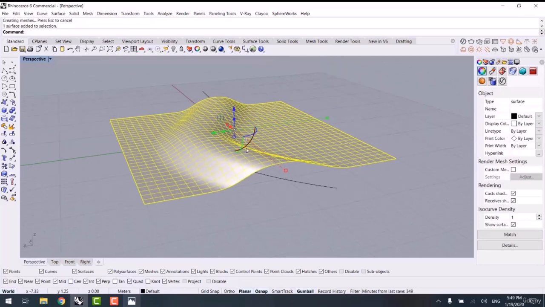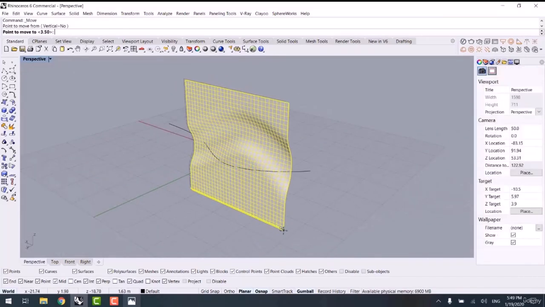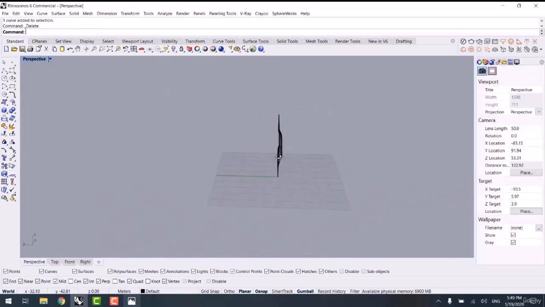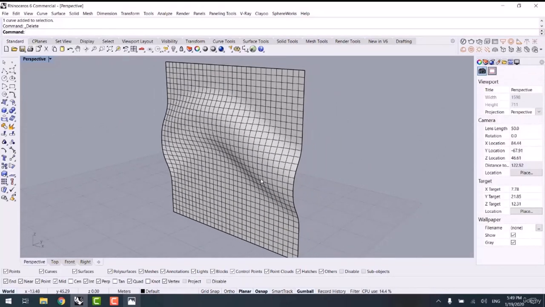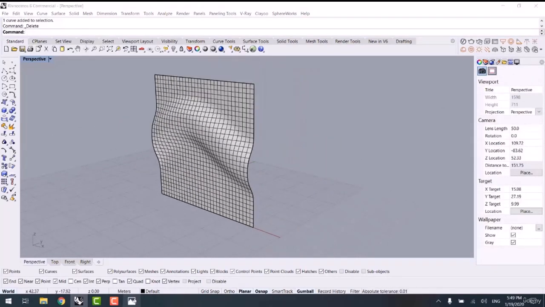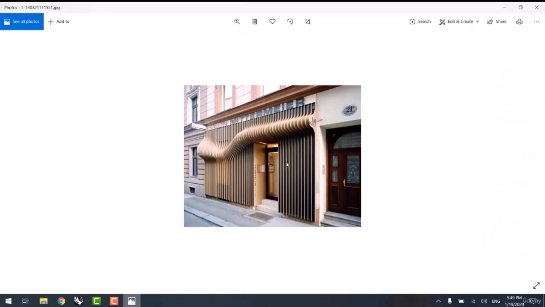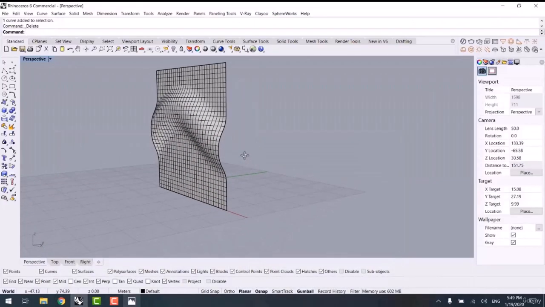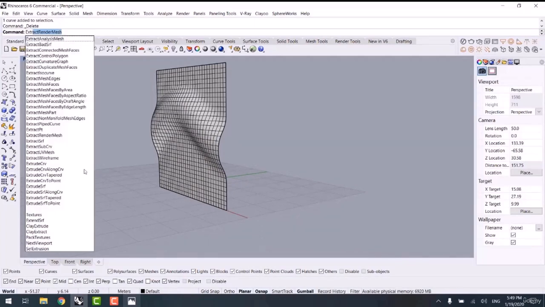And this is what we expected. And then by using rotate at 90 degrees, I locate the surface vertically this way. Then at the next step, we should create some curves on the surface and then convert them to planes or